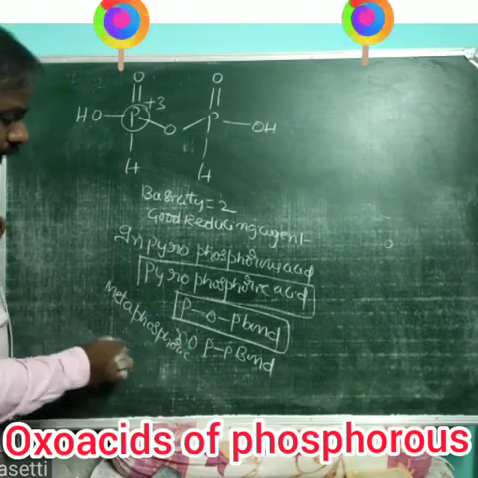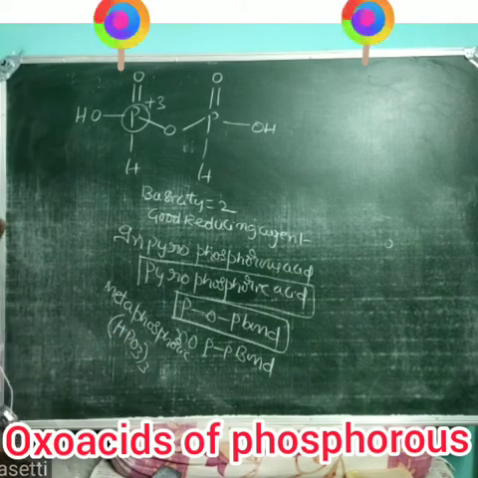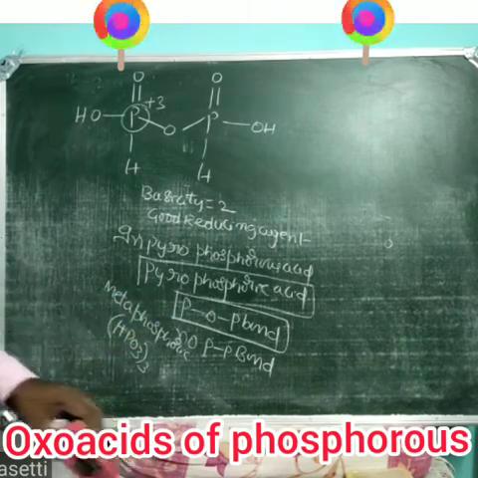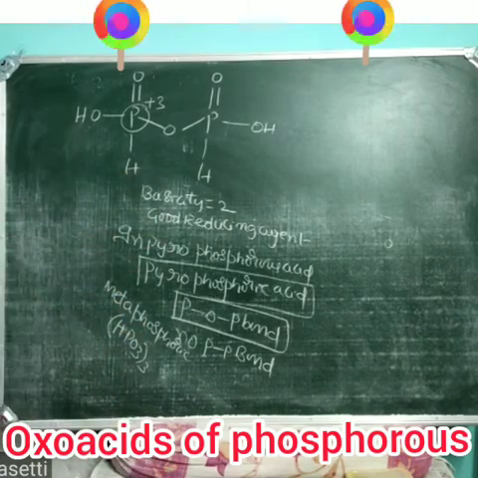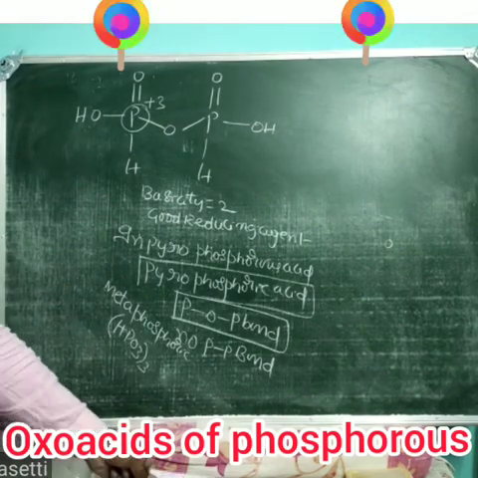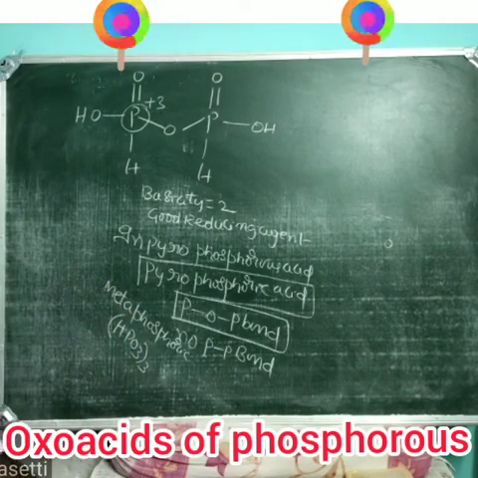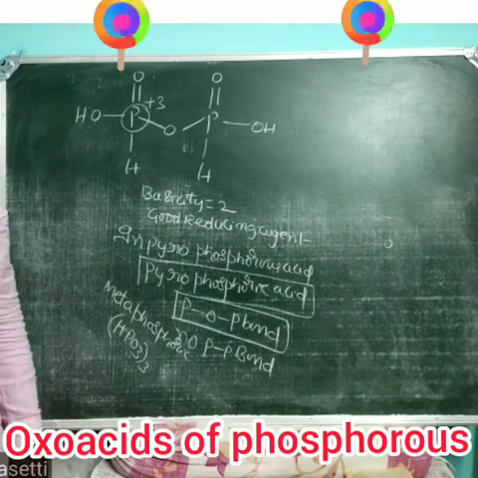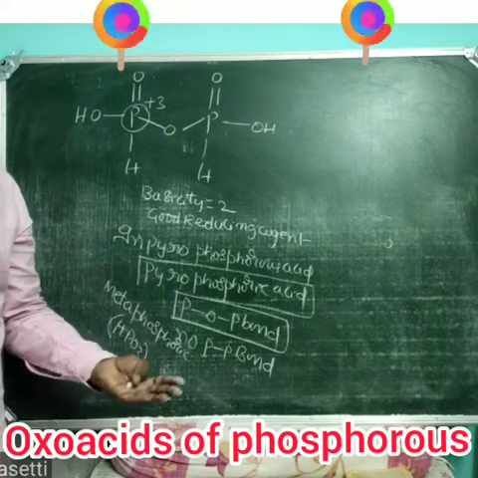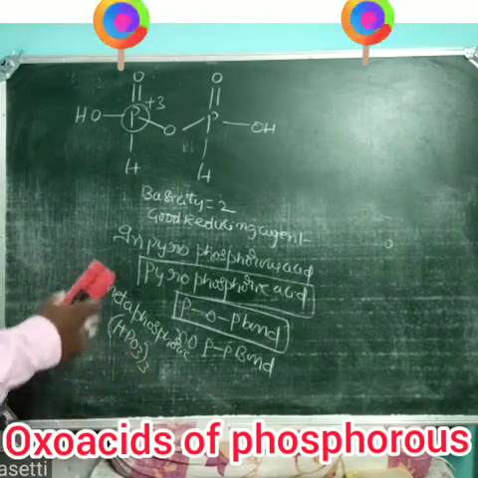Because metaphosphoric acid, next it will come in ic acid. It exists in the trimer. In the trimer cyclic structure, a P-O-P bond is there. How is the P-O-P bond possible? Let us see next. So that is about pyrophosphorous acid. All these acids are ous acids. It means that in all these oxy acids, phosphorus has a lower oxidation state, that is either +1 or +3.